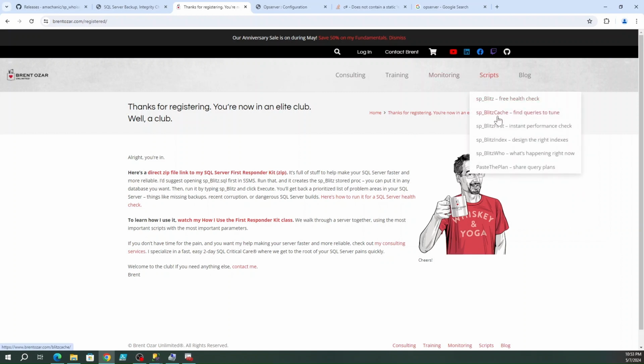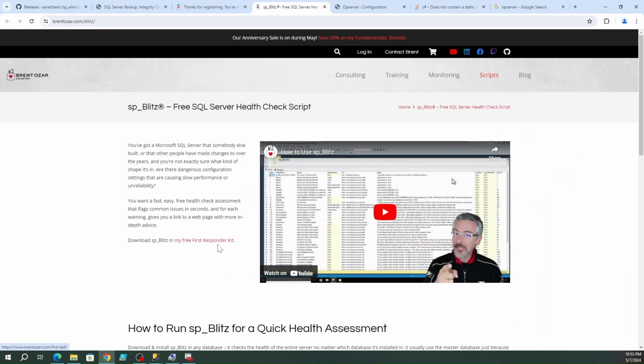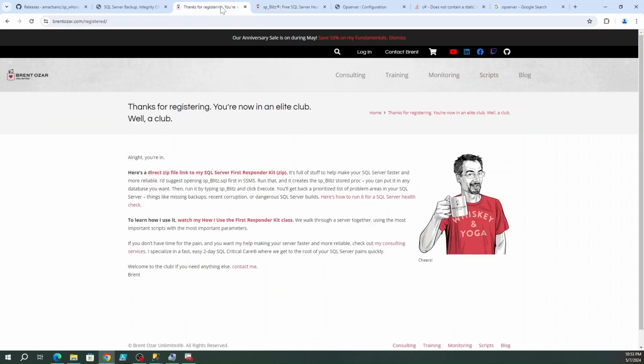Health check instance. And then you'll get the free responder kit, and you'll have to put in your email or make one up, I guess. Then it'll send you over here, download it, and once you've downloaded it,